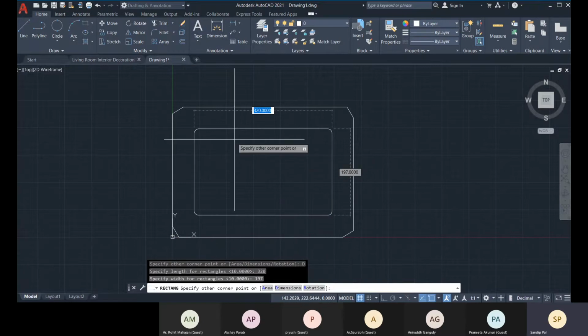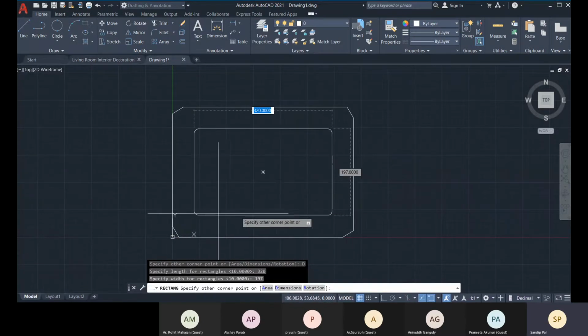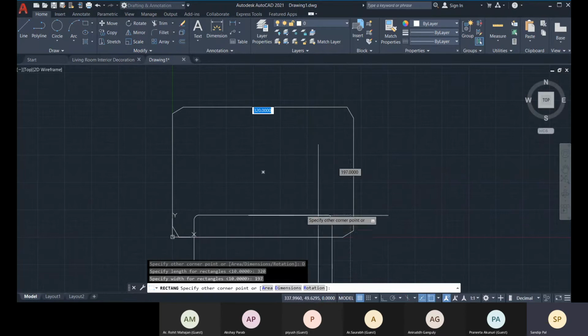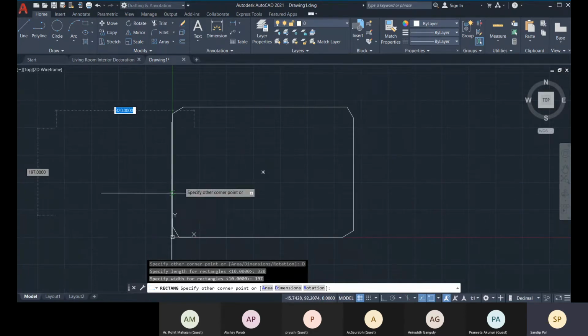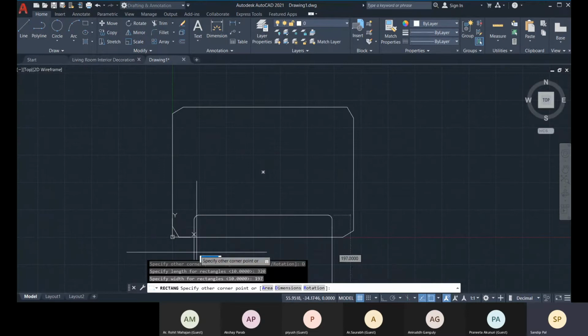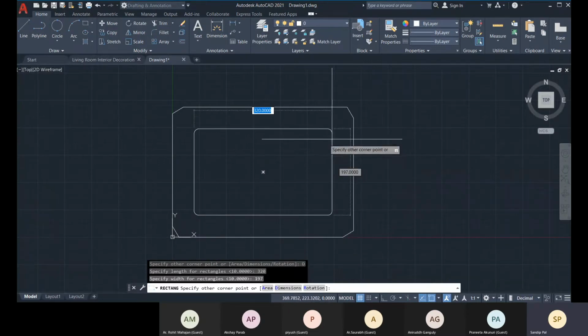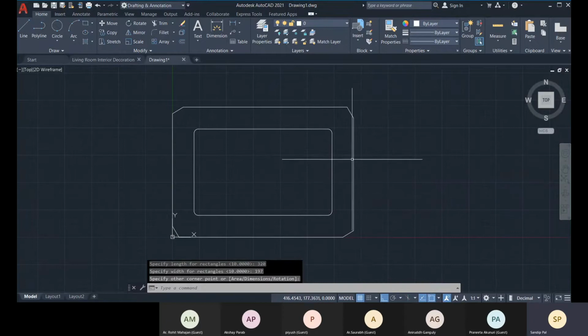And you have to place it in this direction. You can define in which direction, because the length in this direction and this direction is the same, and the width in this direction and this direction is the same. So you specify it, then click, and it will be finalized.